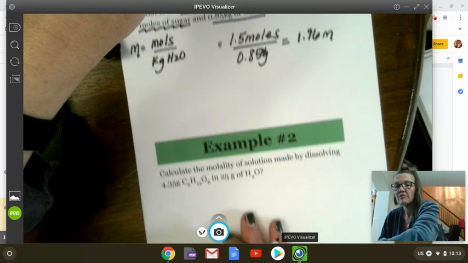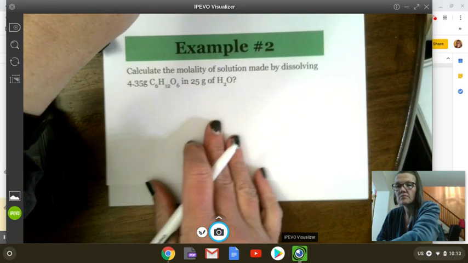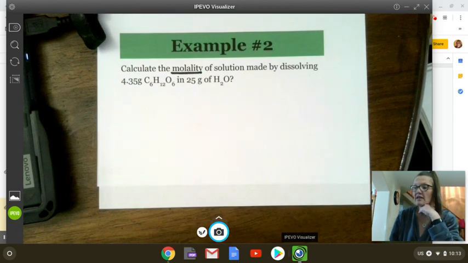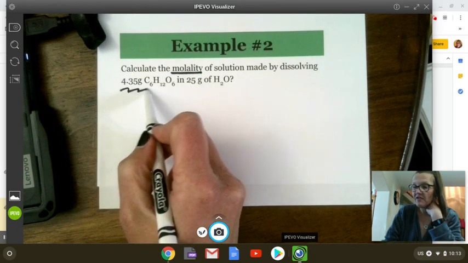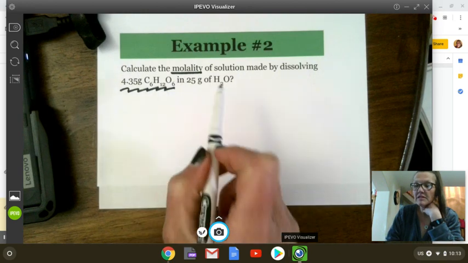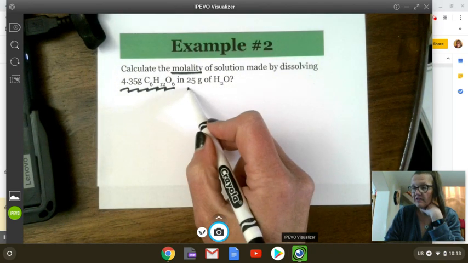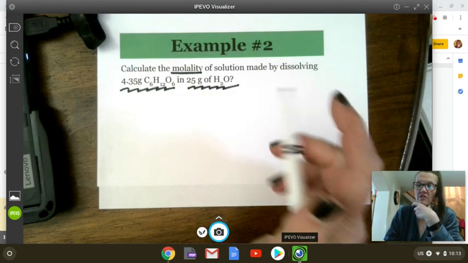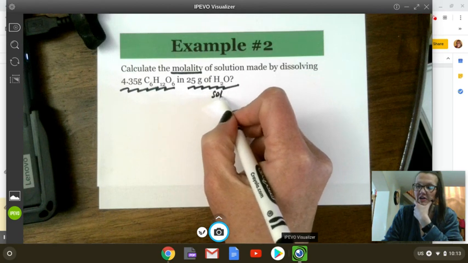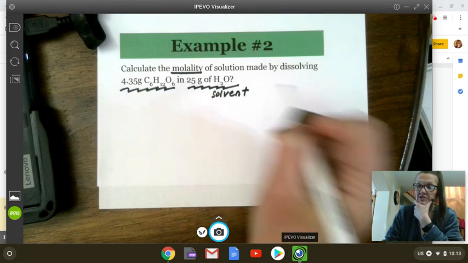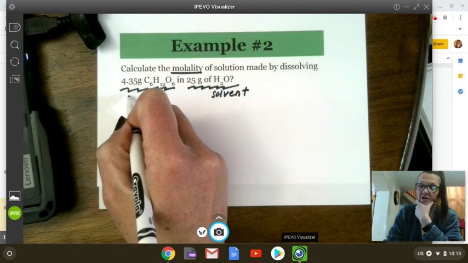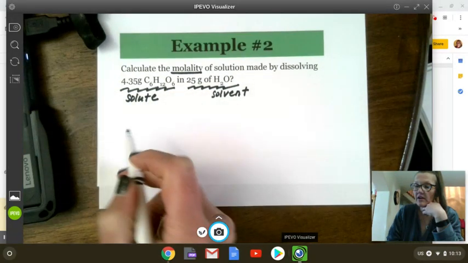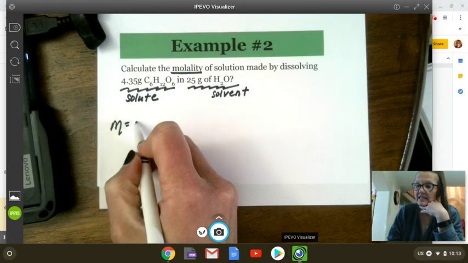Let's look at example number 2 now. Okay, so example number 2 says calculate the molality of a solution made by dissolving 4.35 grams of, that would be glucose, in 25 grams of water. Okay, so real quick, let's establish what's our solute and our solvent. Water is always going to be our solvent, which means that the glucose has to be our solute. Okay, so again, the equation for molality is equal to moles